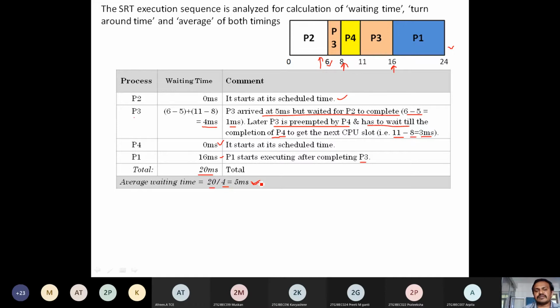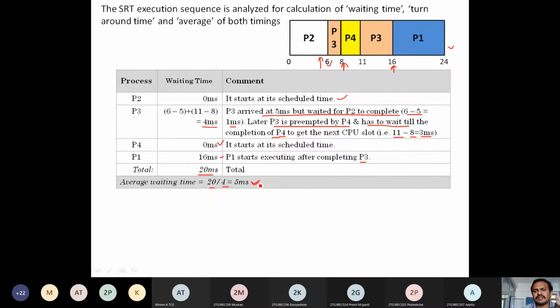Why the calculation of this average time? Because we are going to observe that in the CPU time slot, some processes may have a maximum completion time, but due to the required time to complete, it may be less. So what is going to happen? Any process may complete before the completion of its execution time. Hence, we have this calculation of average waiting time.